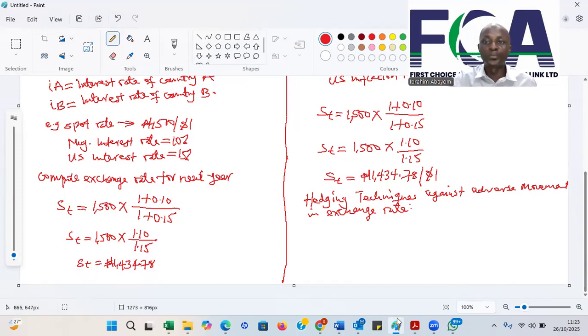So we have two broad techniques. We have the internal hedging techniques. Under the internal hedging techniques, we have the leading and lagging,